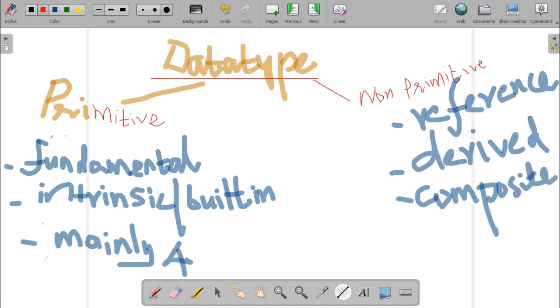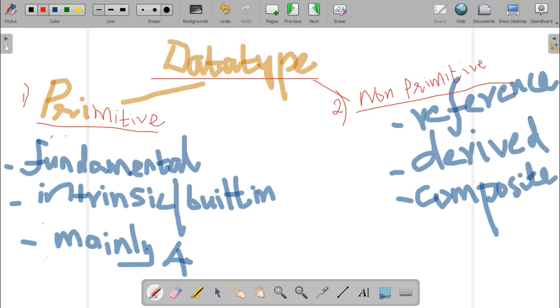First one is the primitive data type. Second one is the non-primitive data type. Primitive data type comes as a part of the programming language, it is a fundamental of the programming language.